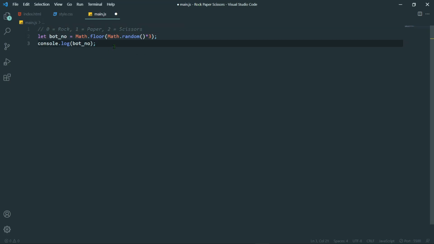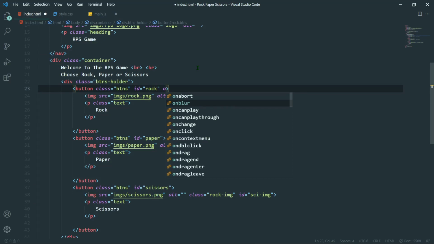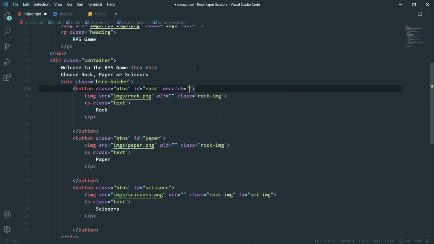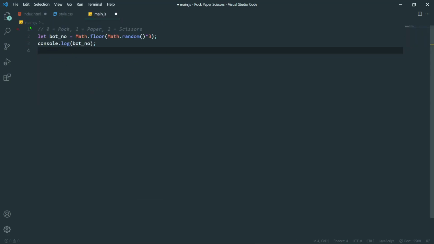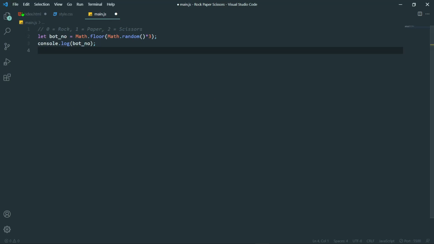Now we are going to set onclick listeners on these btns. On click we are going to set rock. We are just making a function. Now you will ask, what is onclick? On click of this button, if there is a rock function, then the rock function will run.